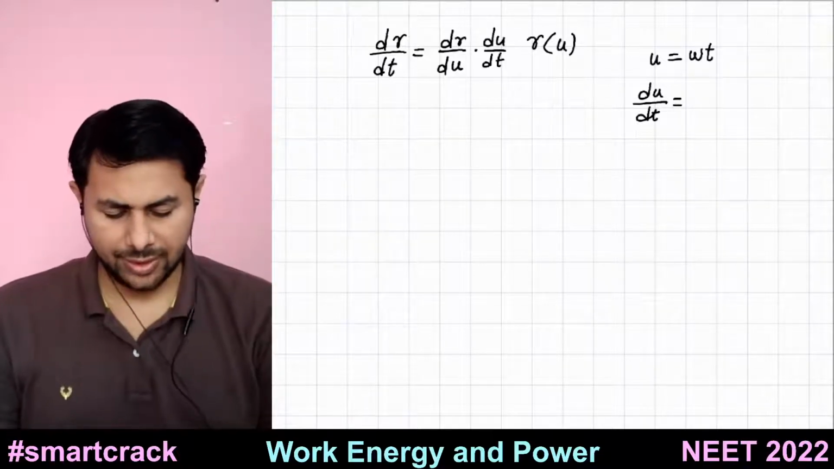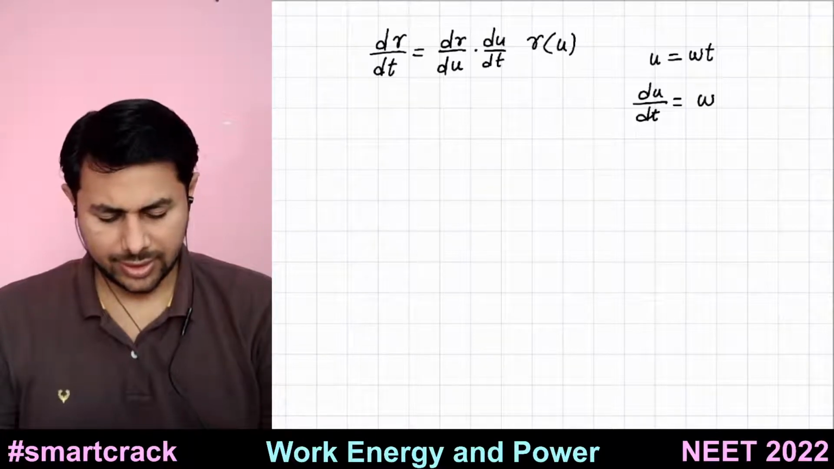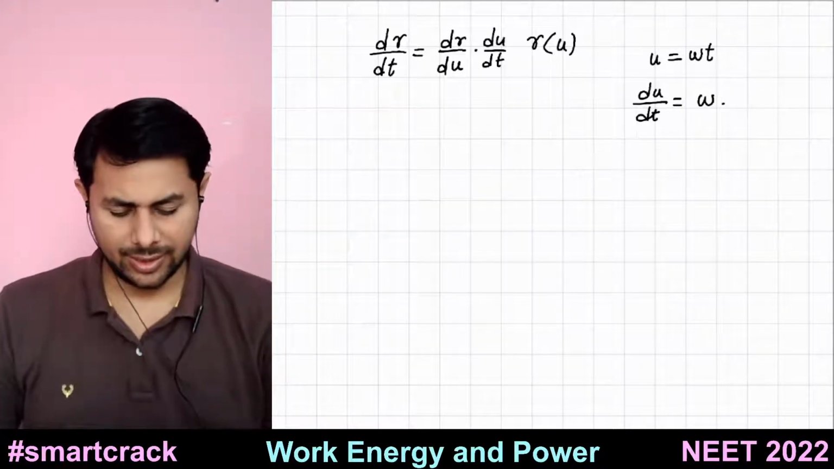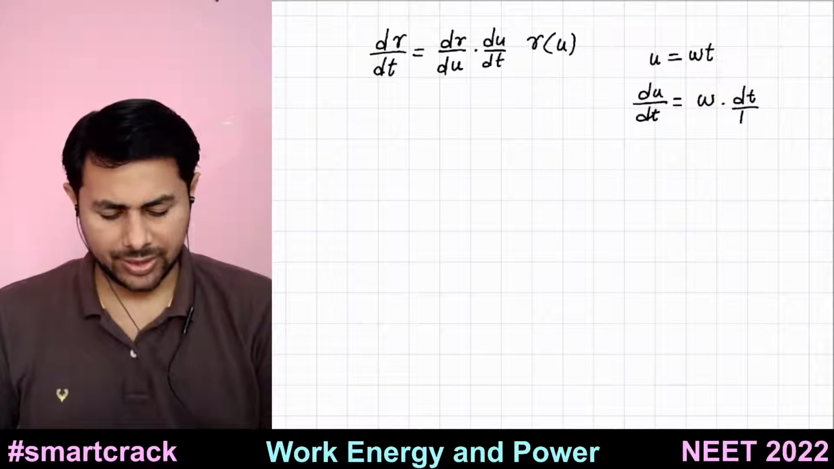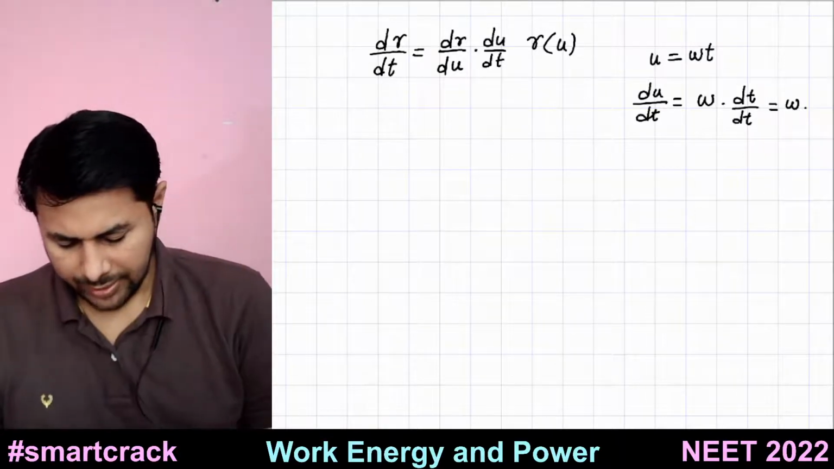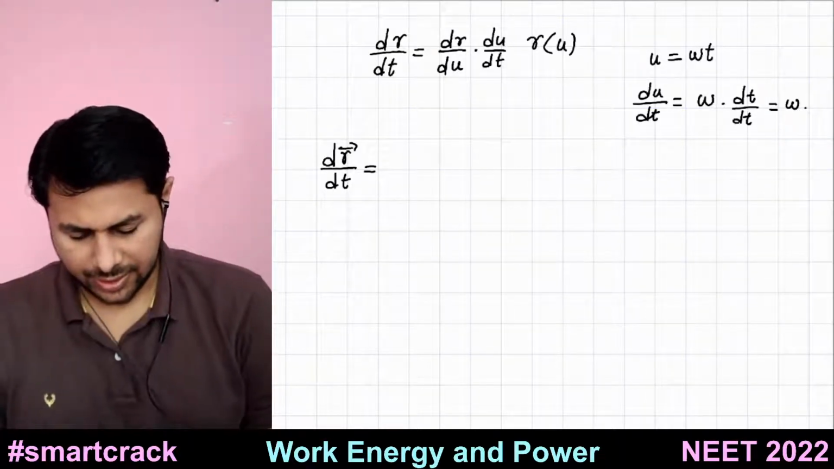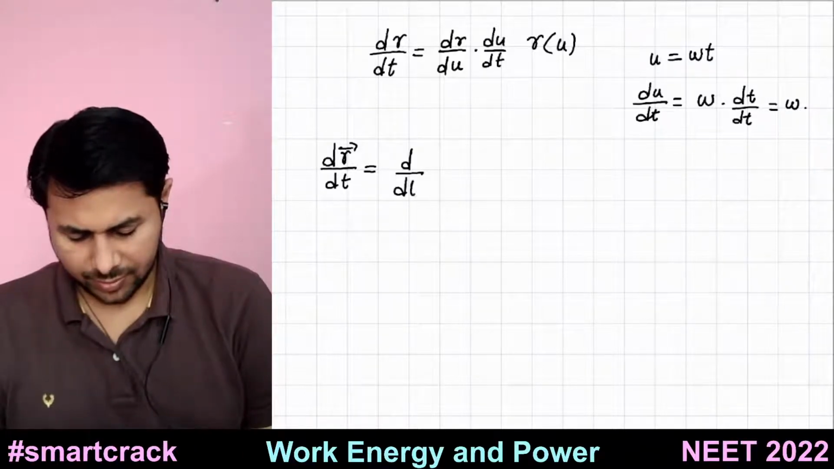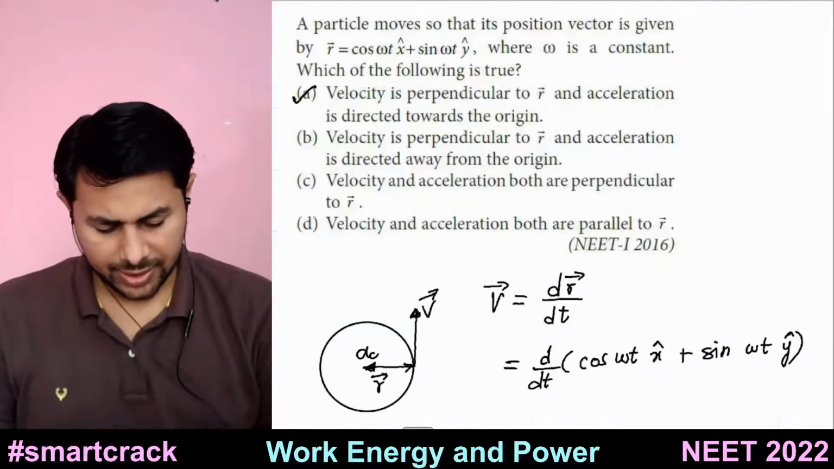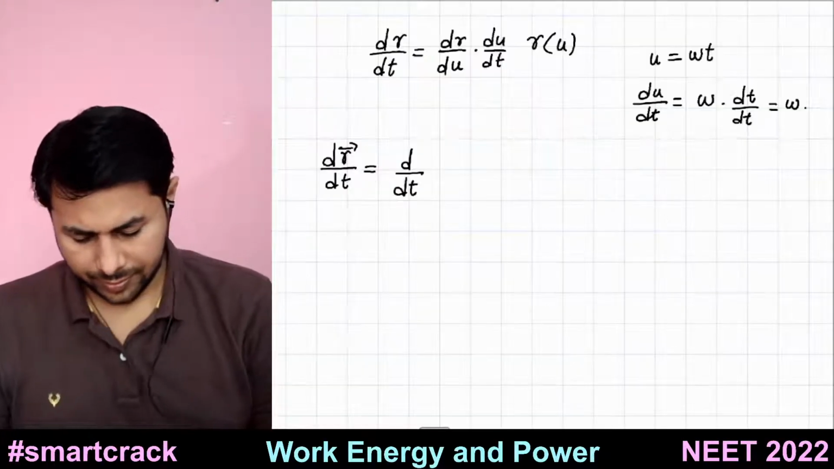What will be du by dt? Omega is constant, so it is just omega, right? Omega multiplied by dt you can say, but dt by dt is 1, so it is just omega. Okay, so I will write dr bar by dt is d by dt of, I will change this to cos of u